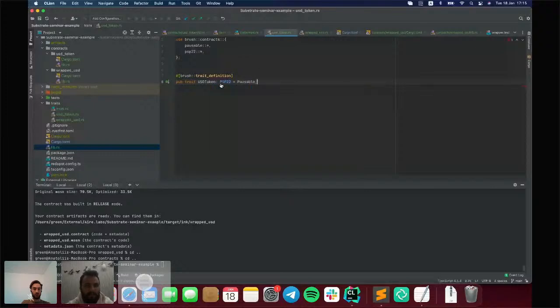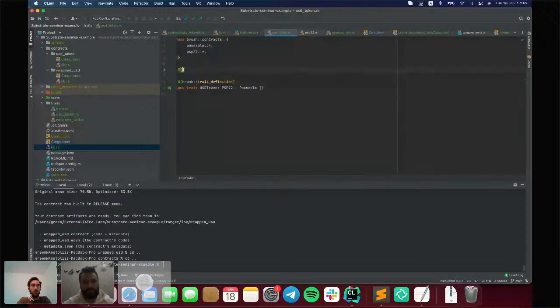So it will be very clear, for viewers of your repository, that your USD token is a simple combination of two default traits, PSP22 and Pausable.